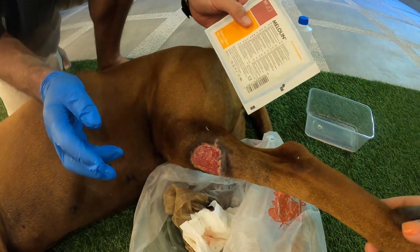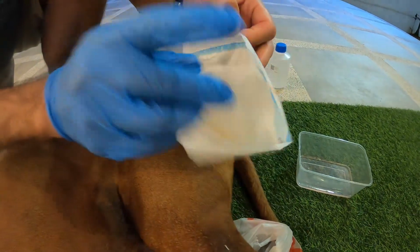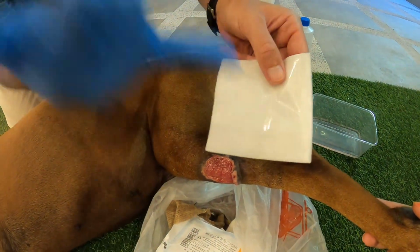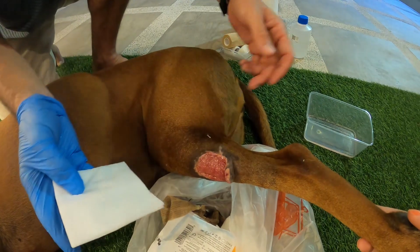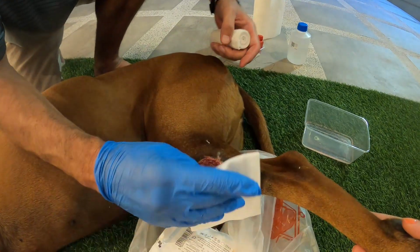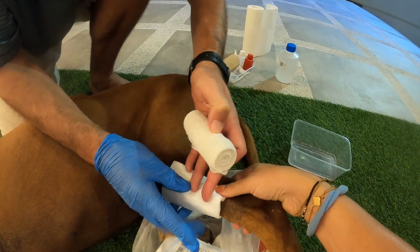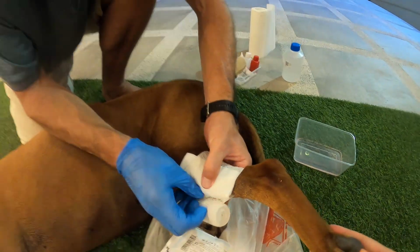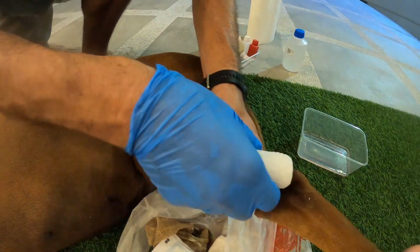This is, can you see? This is exactly the same as what he had in the vets. Now, one thing I was doing wrong, I was using this side, but it's the shiny side, not the matte side. The shiny side goes on the wound. So you want to get and hold that on, and then you want to get the bandage. Again, I was doing the bandage too tight. The bandage should be almost just laid on the leg. This is again probably too tight, but